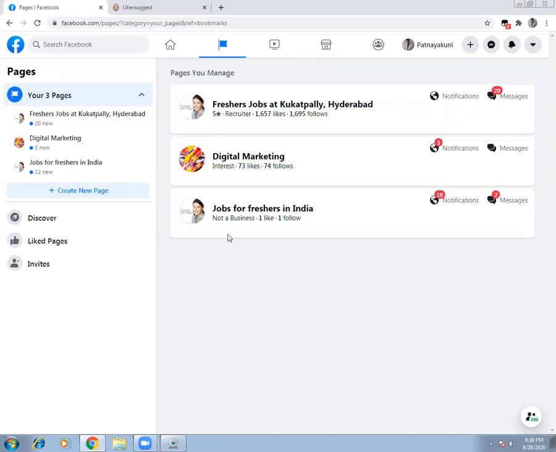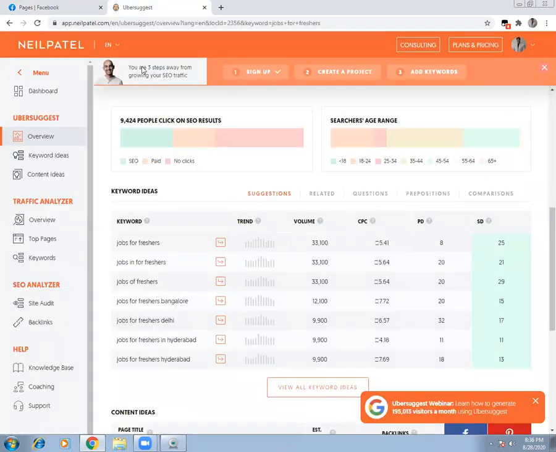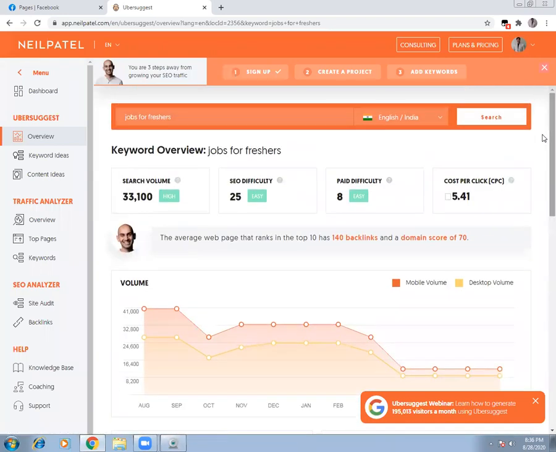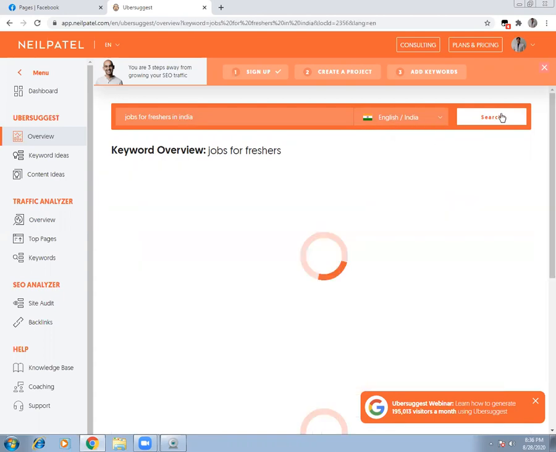I selected a page by the name Jobs for Freshers in India. I could have selected Freshers Jobs in India. So why did I not select Freshers Jobs in India, and why did I select Jobs for Freshers in India? There is a tool called Ubersuggest, and here when you click keyword ideas, you can search for keyword ideas by inputting here. So here you go, Jobs for Freshers in India. If I type this and mention the keyword as English and India, and then I click search,